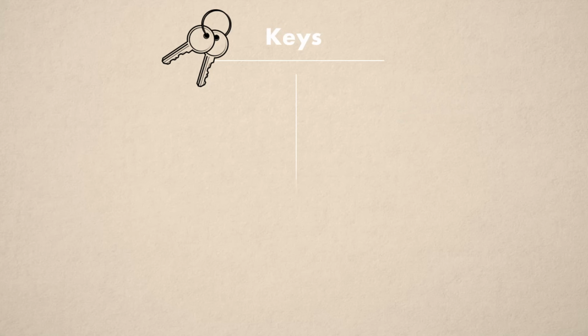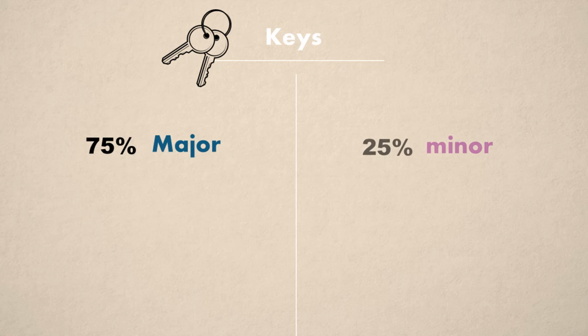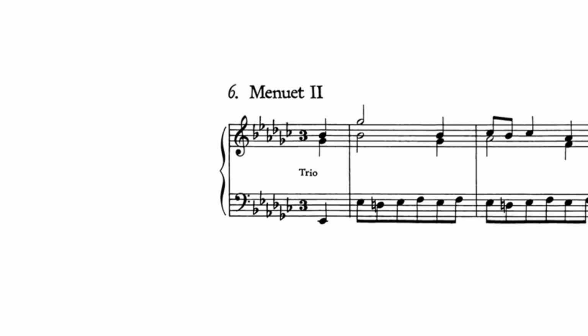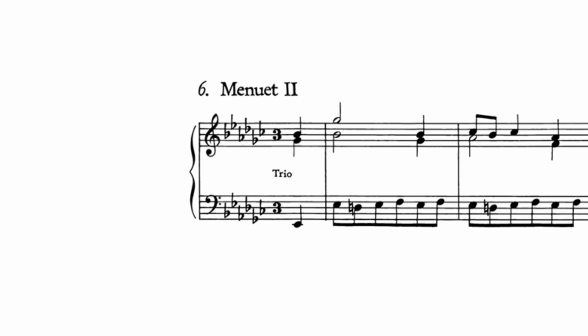The majority of Bach's minuets are in major mode, with a 3:1 ratio with respect to the minor mode. The preferred keys for the major mode are C, G, D, E, F, B flat, and E flat. On the other hand, the most repeated keys for the minor mode are A minor, B minor, D minor, G minor, and C minor. In general, Bach's minuets don't stray too far away from C major in the circle of fifths, except from one notorious exception, the second minuet from the keyboard suite in E flat major, which is in